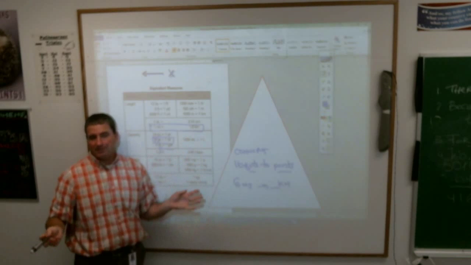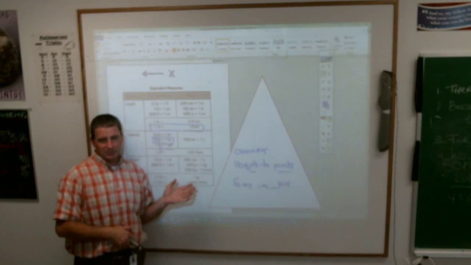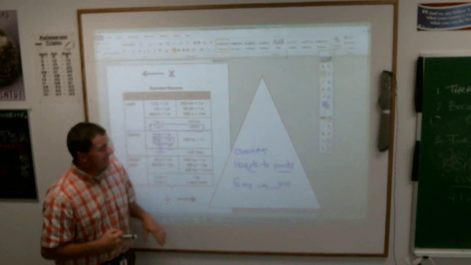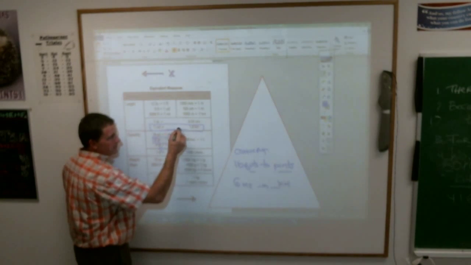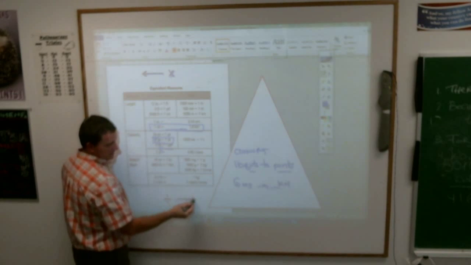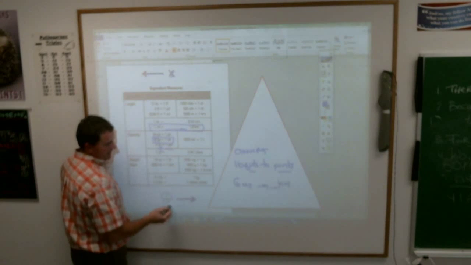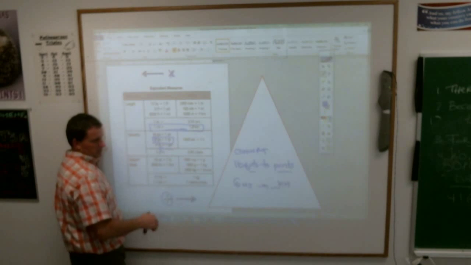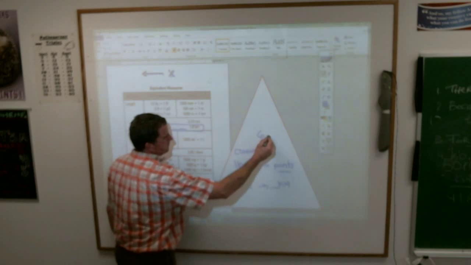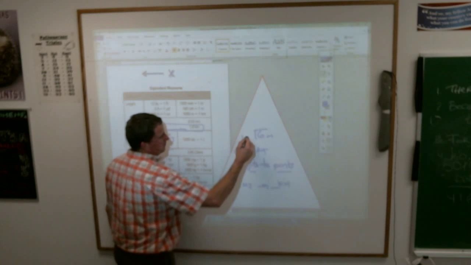You're either going to multiply by 1.6 or divide by 1.6. To figure out which one, you are going from miles to kilometers. You're going in this direction, which means it is this arrow here, which means you are actually going to divide by 1.6. 6 miles divided by 1.6